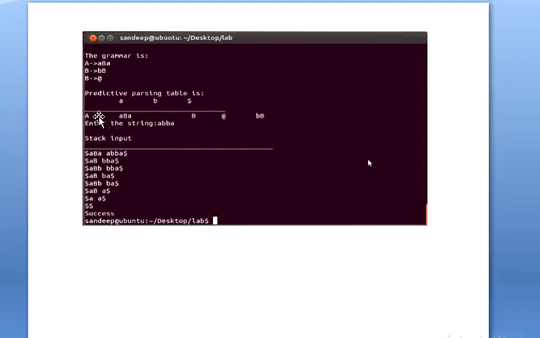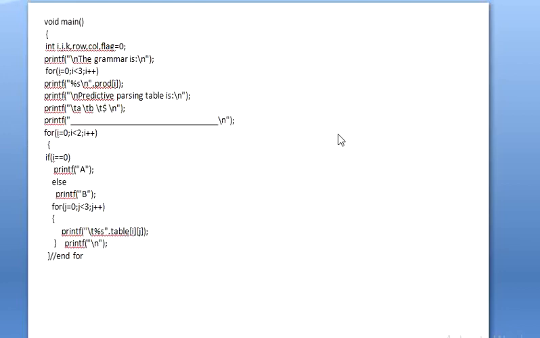So you'll get the table like this, A, B, A. Sorry, actually this B should come in the next line, as in the screenshot. So it is B here, epsilon and BB. We are printing the content that is there in the table. This is how we are printing. So we are ending the for. Hope students, this is clear.